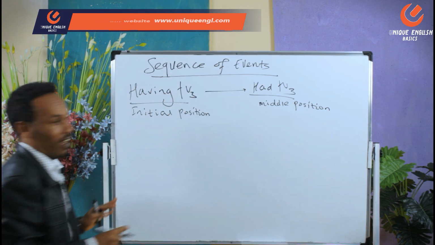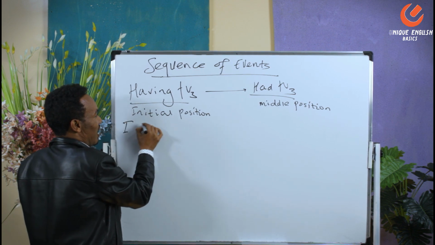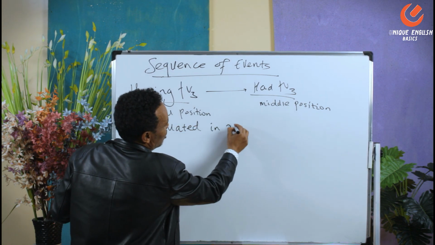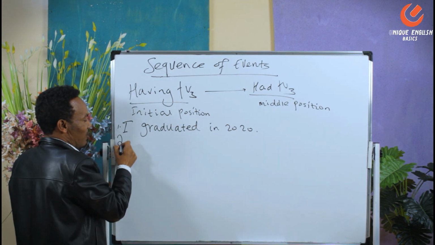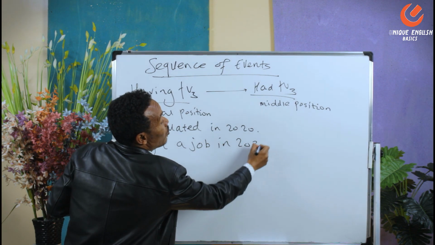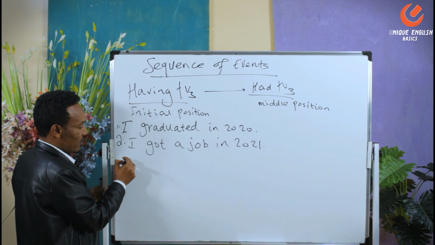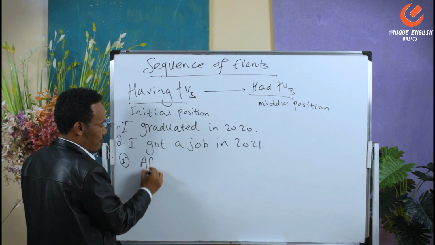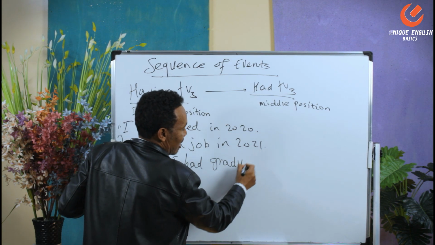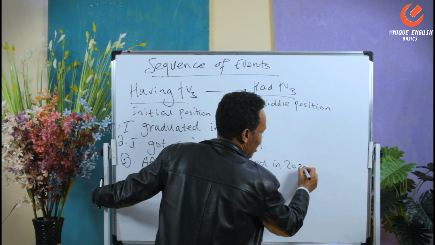ማለት ነው ምን ማለት ነው እስቲ let's explain እናድርገው በደንብ. እስቲ ቅድም ምን አለ ለምሳሌ ቅድም ምን እናያለን እስቲ የቅድሙን አረፍተ ነገር እንየው. እስቲ I graduated ይላል አይደል, I graduated in 2020 ይላል አይደል, and then ምን ይላል አሁን ቀጣዩ I got a job in 2021 አይደል. ስለዚህ ይሄንን ቅድም ስንሰራ ምን አለ, tell me, after I had አንድ ላይ ያይዘን ስንሰራ graduated, after I had graduated in 2020, I got a job